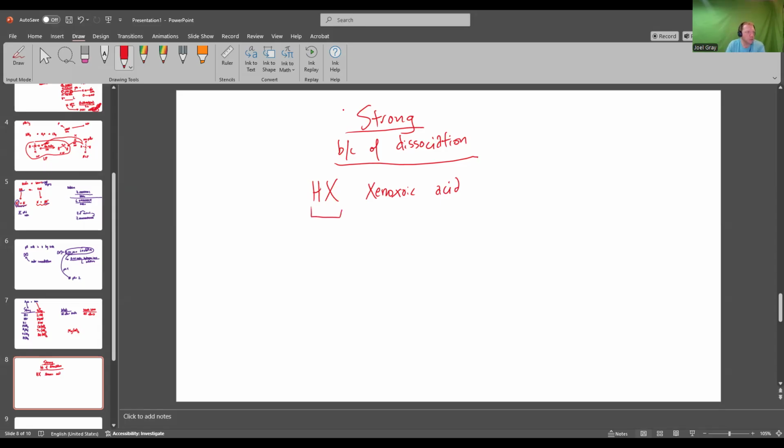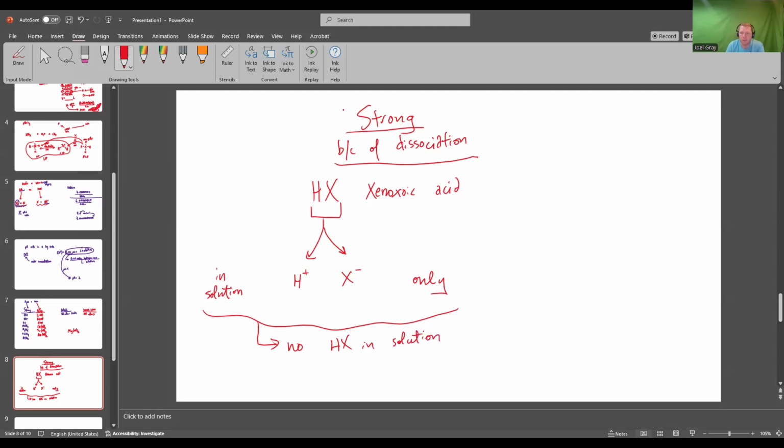What I would say is because H and X, they separate completely whenever they're in solution. So in solution, you'll find whenever you add HX to water, you find H plus and X minus. What does that mean you do not find any of? So if they separate as H plus and X minus, what is not there? This means that there is no perfect HX. Absolutely. There is no HX in solution